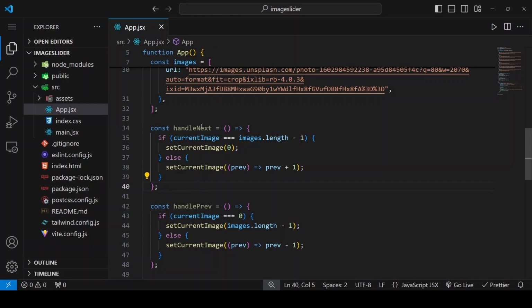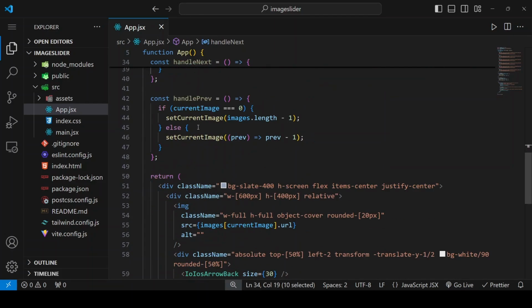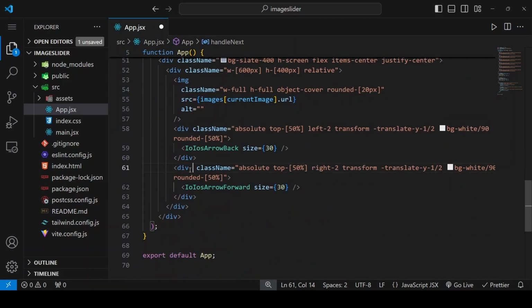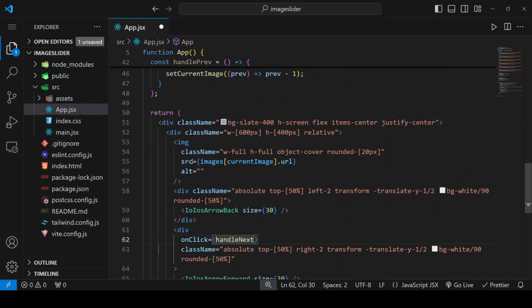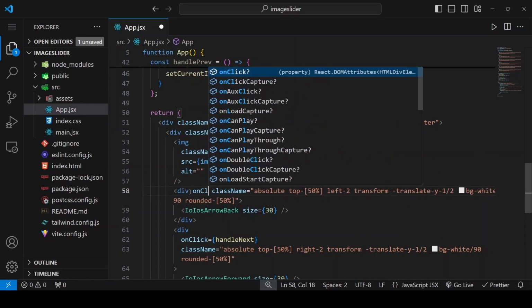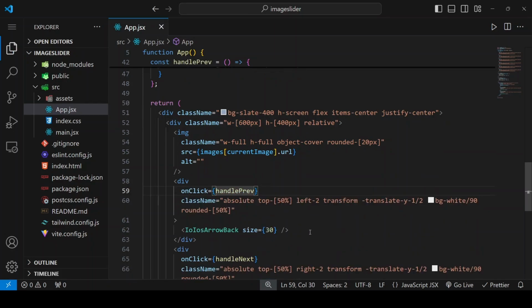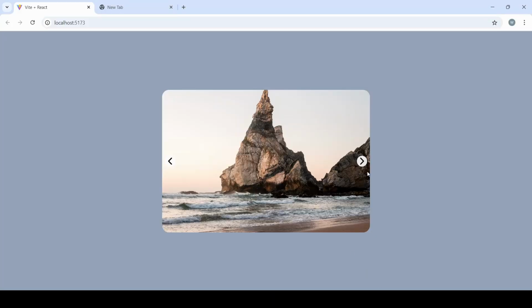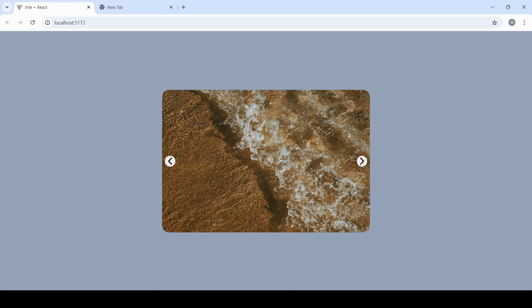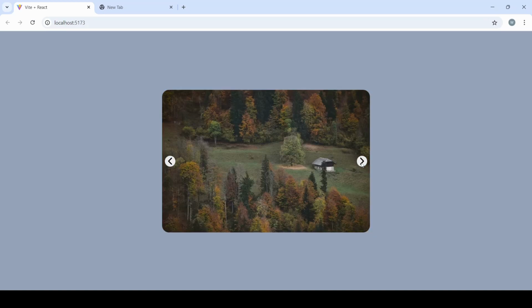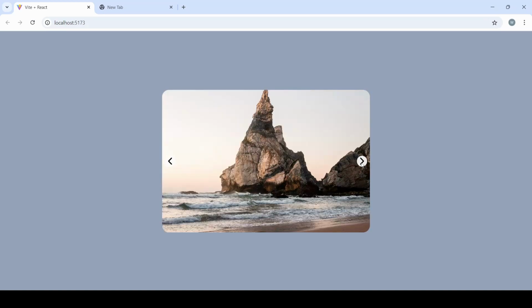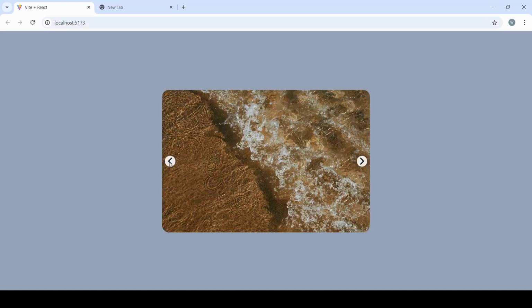Now let's hook these functions to their proper places. So on click, it'll be for handle next, and on click, handle previous. Let's check. Everything is working properly, right? Everything is working properly. Now with this arrow,